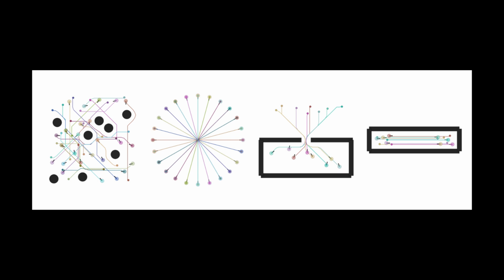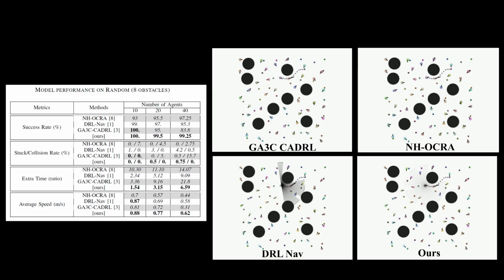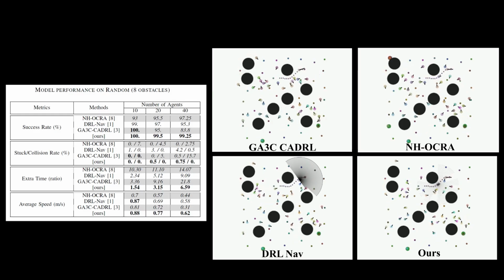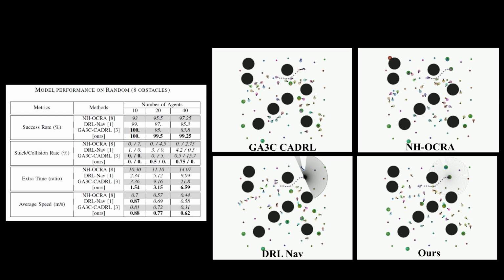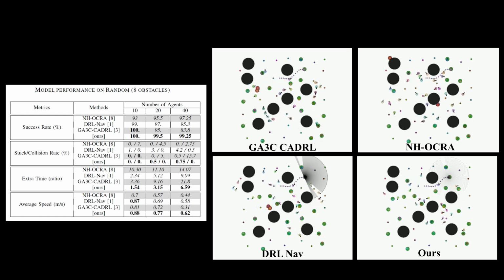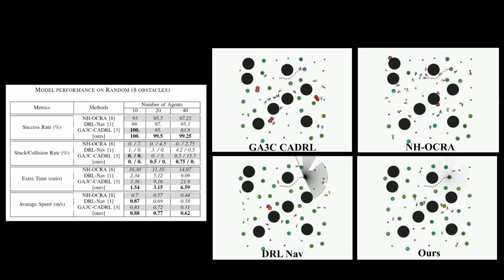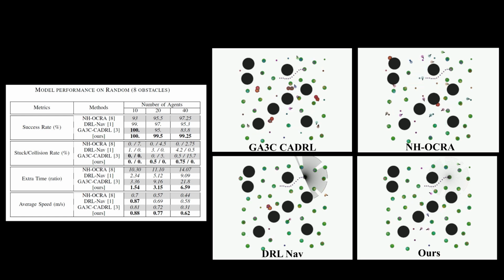Now, let's dive into the results, where we evaluate our approach across various challenging environments. These scenarios were carefully chosen to test the robustness and adaptability of our model. The random environment is designed to simulate highly dynamic and unpredictable scenarios with randomly placed obstacles and agents' positions. Our model excels in this environment, demonstrating a high success rate and low collision rate, highlighting its adaptability in